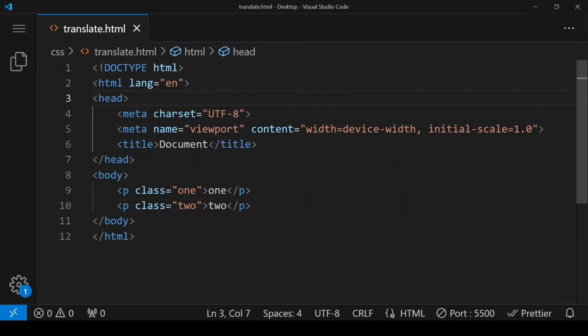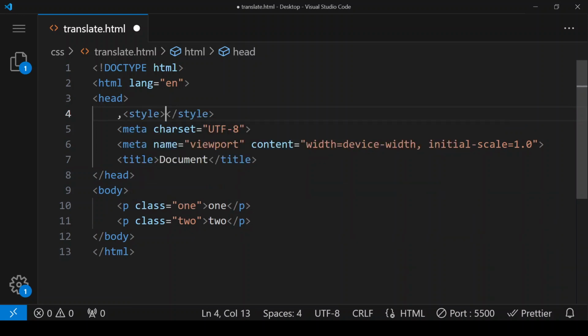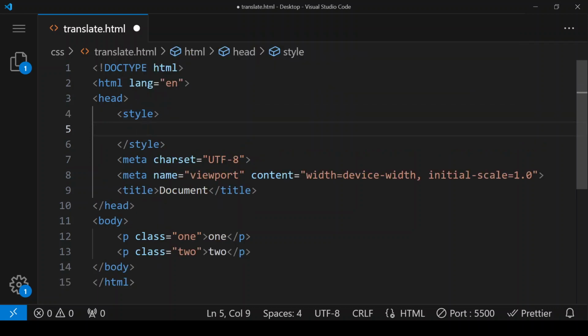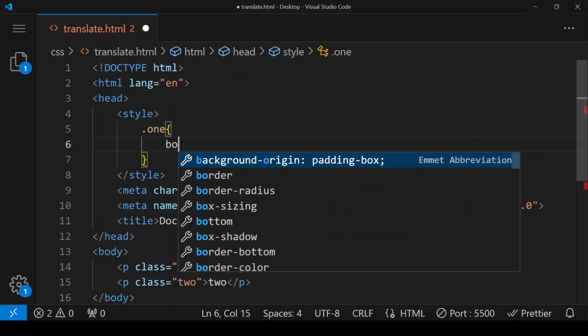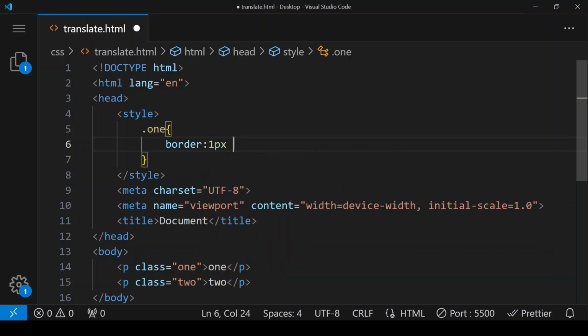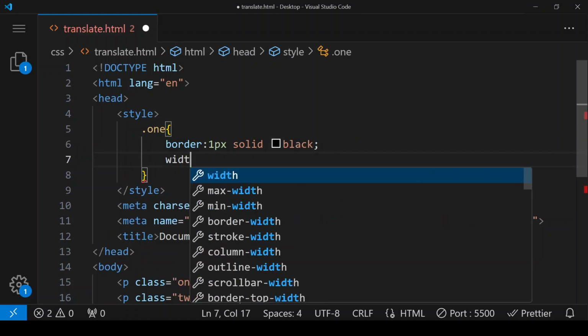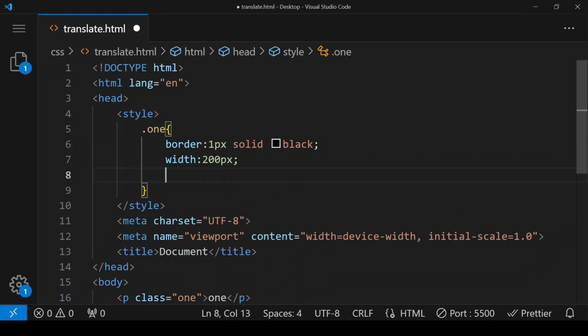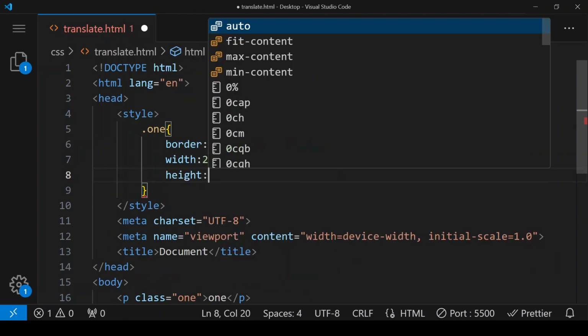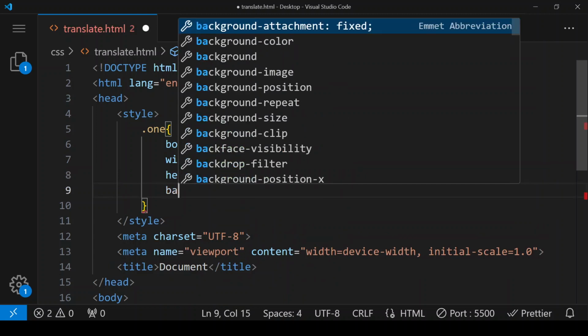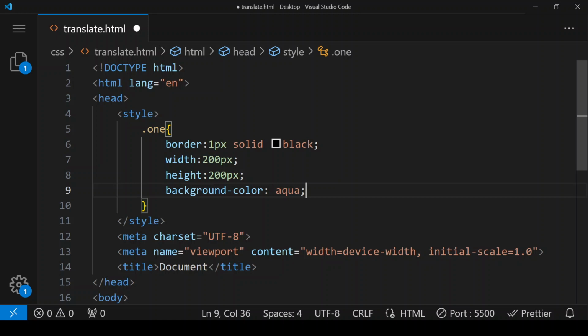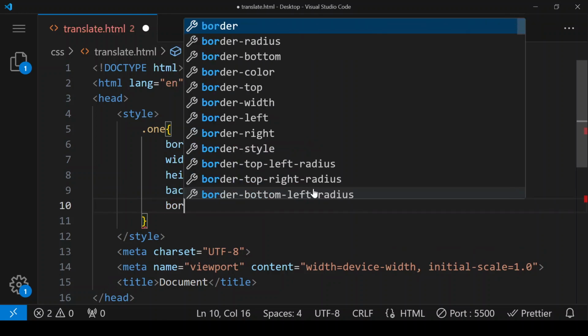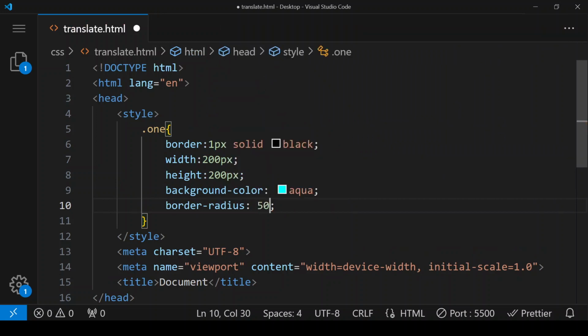Now in the head section we are giving a style tag, and within this style tag, this is our one class, and here I'm giving border to 1 pixel, solid black, width to 200 pixel, height is also 200 pixel, background color to aqua, border radius we are giving is 5 pixel,